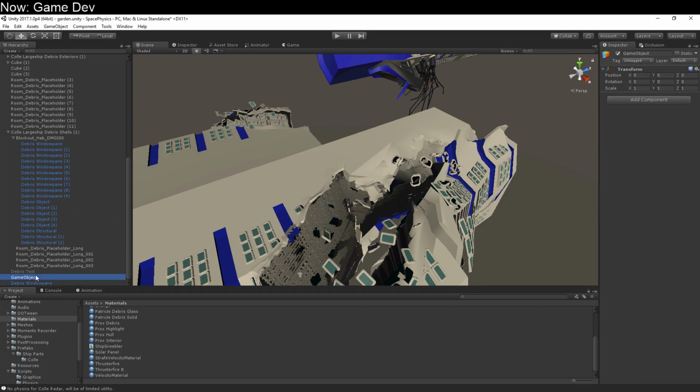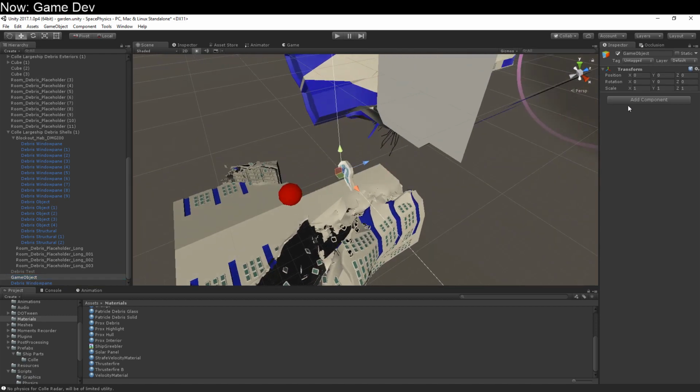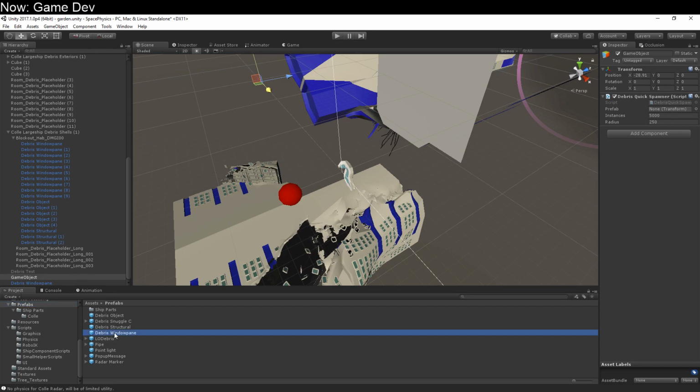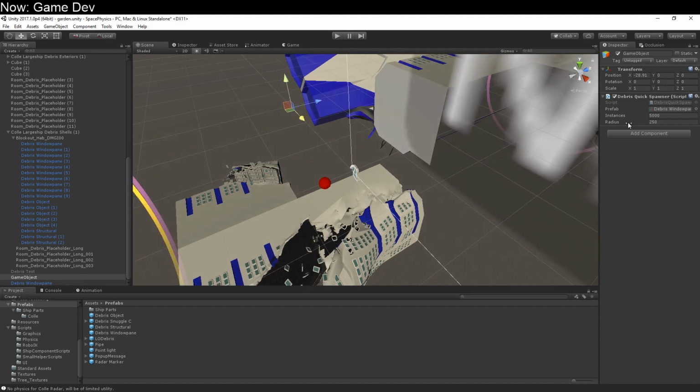We'll just go ahead and create a new system just to demonstrate this setup that I've got. So what we'll do is we'll drop in a physics. No, we don't need the physics. We need the graphics. Simple strip. Simple help. There it is. Here is the debris quick spawner. We're going to go ahead and pick a piece of debris. I think the windows will look nice. So we'll grab that debris window pane here, drop it in here, and we will just go ahead and spawn